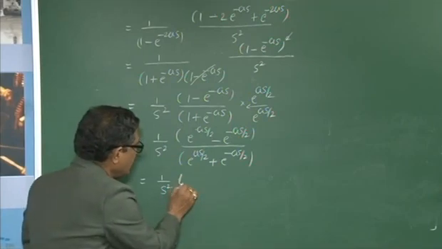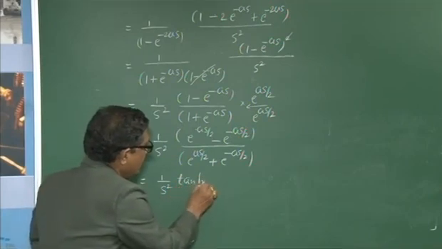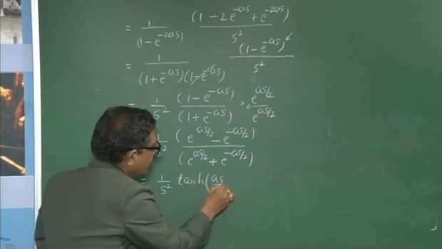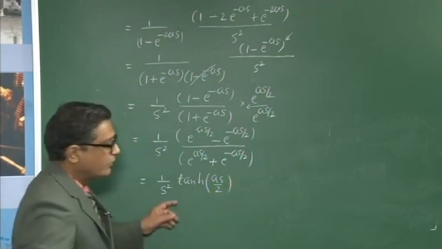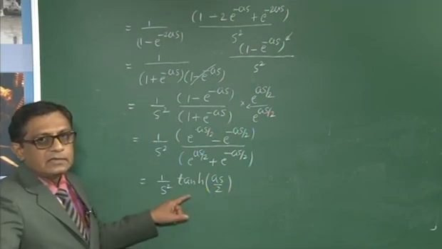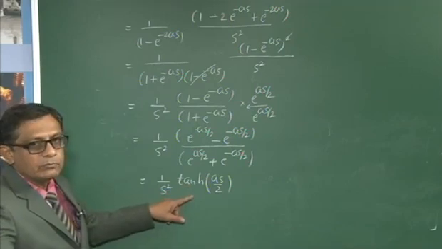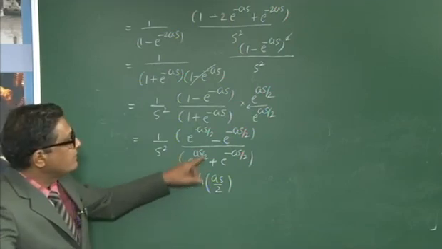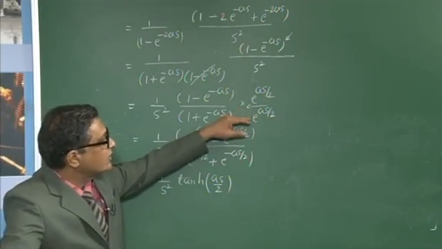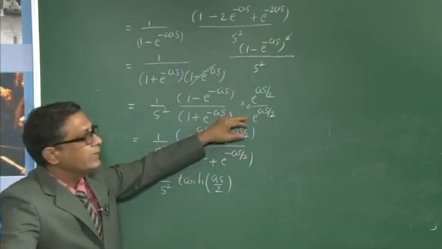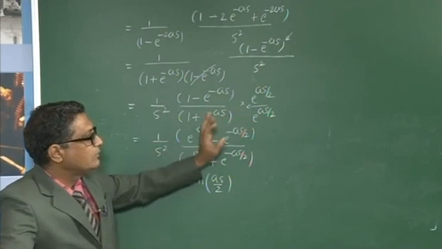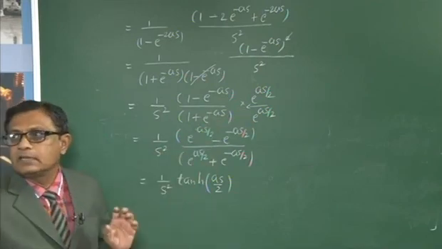It is nothing but tan hyperbolic as by 2. That means you have written the result in a very simple form in terms of a hyperbolic function by making an adjustment in the function, multiplying and dividing by e raised to as by 2. Like this, you have to do the